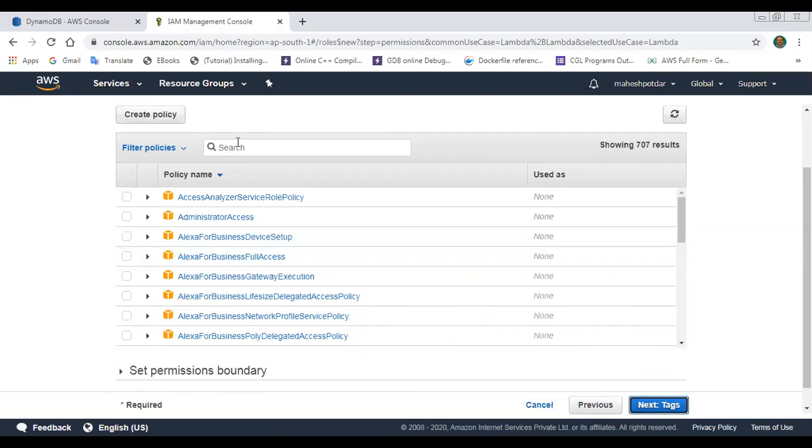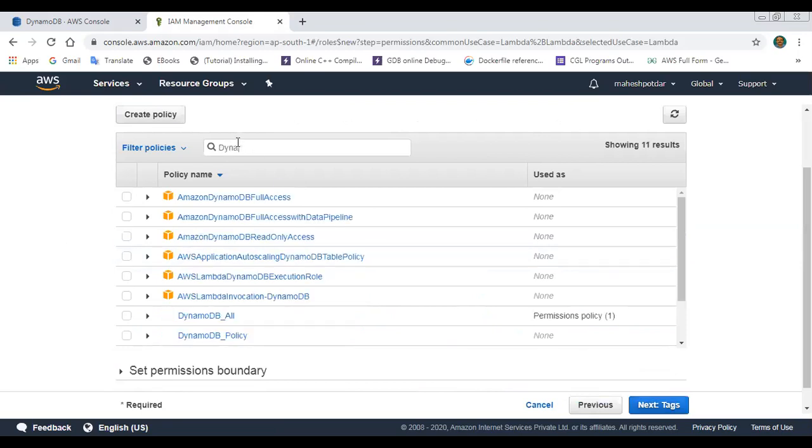Then search the policy. We have already created the DynamoDB policy. So select the DynamoDB policy.